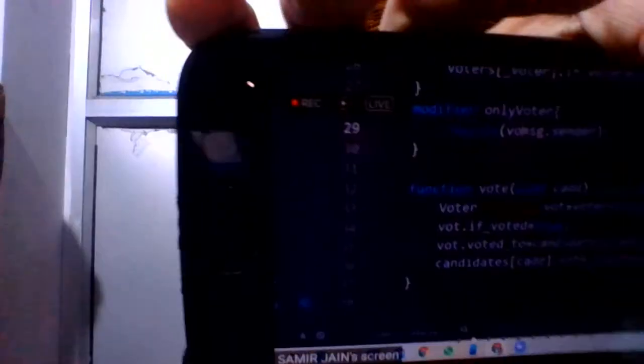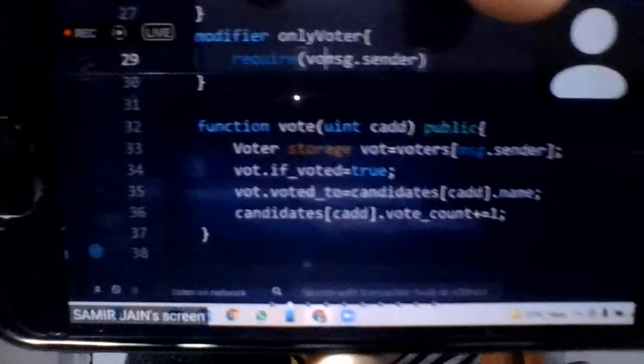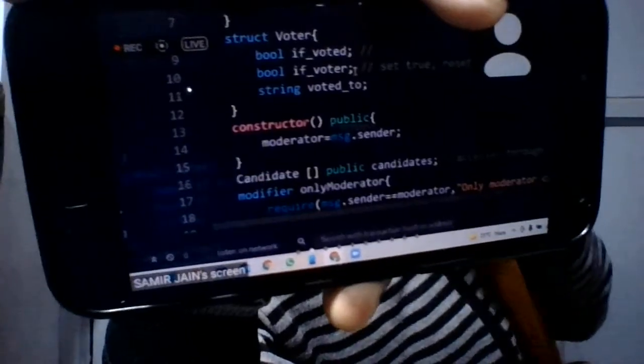So message.sender is the address, and every voter is accessed by address. So voters message.sender dot, now we have come to some particular voter with some address, and we check if he has been allowed to vote. So dot if voter.